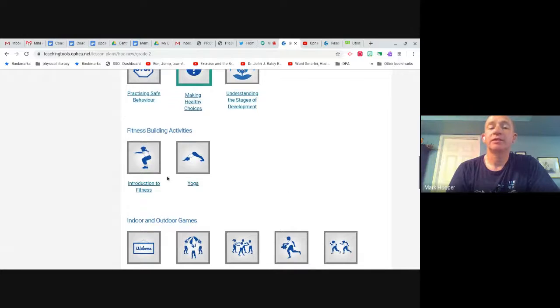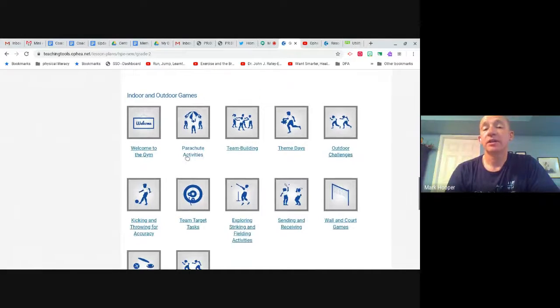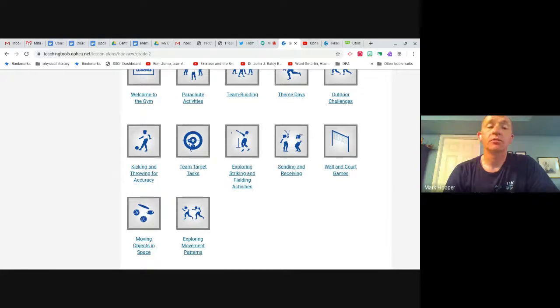Fitness building activities, different things you can do for fitness building, indoor, outdoor games. Now you'll have to go through those to see what might be appropriate for students to do at home. Some are more appropriate to do in a group setting, depending on how many people they have at home. And then there are some that the students might be able to do alone